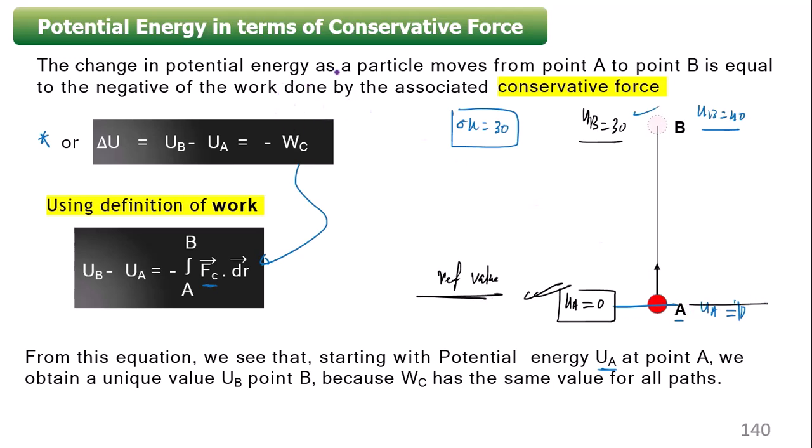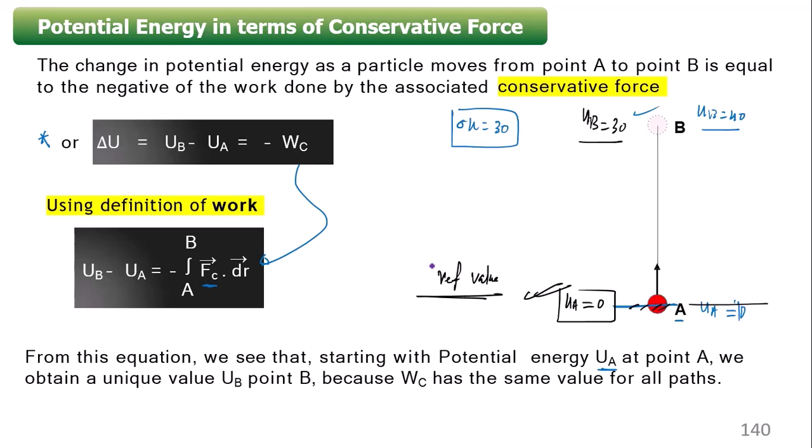Since I am doing the gravitational potential energy, because I am doing the work done calculation for the conservative force, which is gravity, for that I am saying that you have to take the UA number as 0 for the ground. Whenever the particle is on the ground itself, at that ground I am taking the reference value of the potential energy as 0. I can take any other number, there is no issue, but it is easier to take 0 as the reference value.